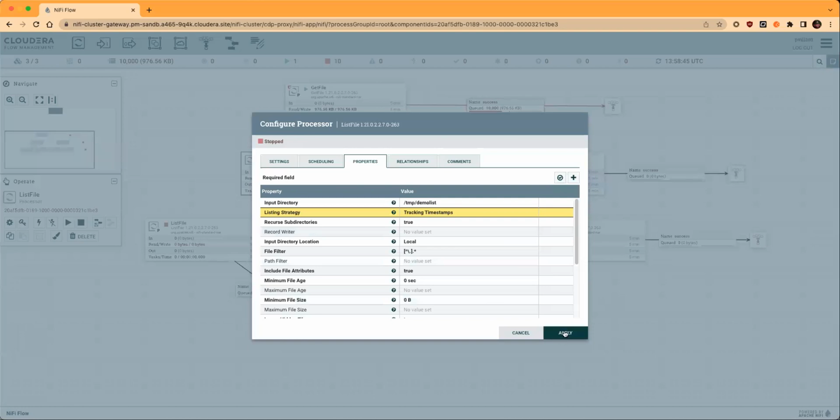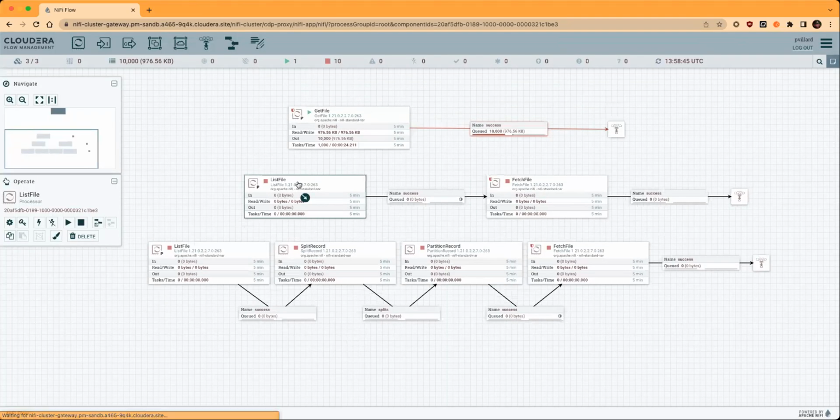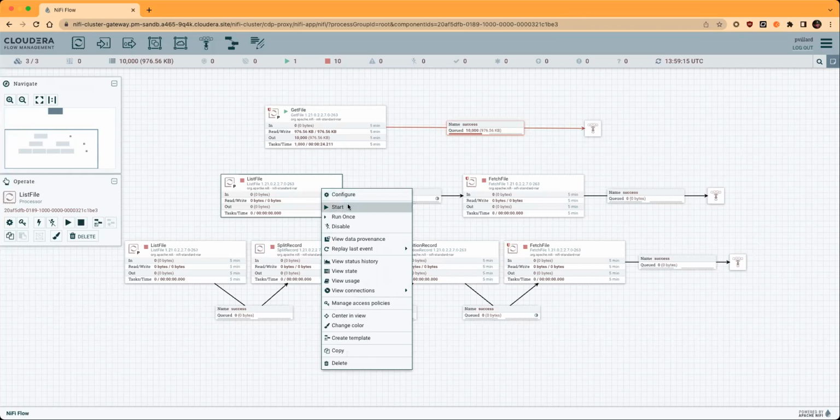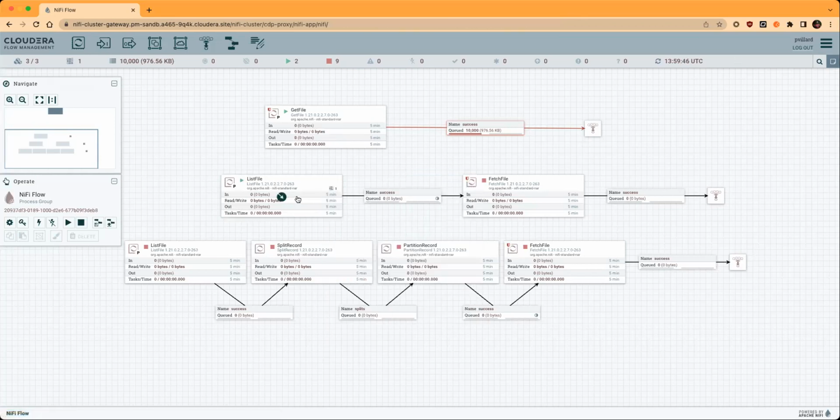Also, something that is important to keep in mind is that the ListFile, if you have one execution of the ListFile, and as I said, I have a crazy number of files that are available in my directory, it will create one flow file per listed file. So if you have a very large number of files, like this is the case here, I have 1 million files in my input directory, this will generate as many flow files as files that the processor listed. So if I start this, it's going to run for a while